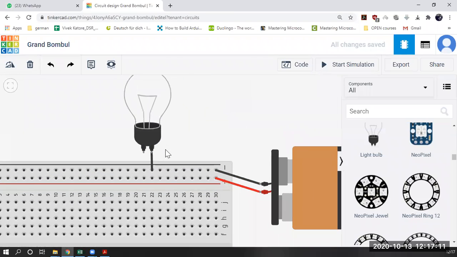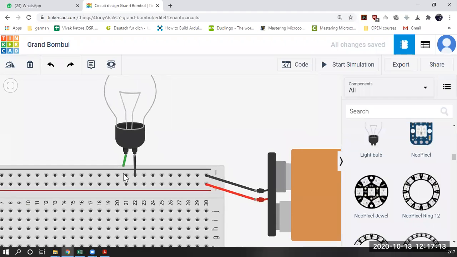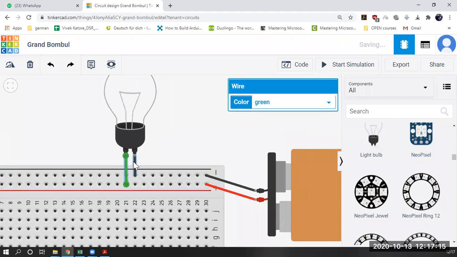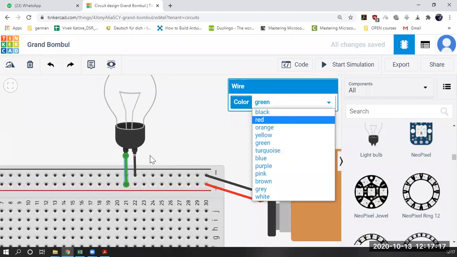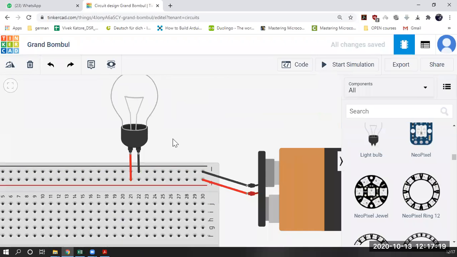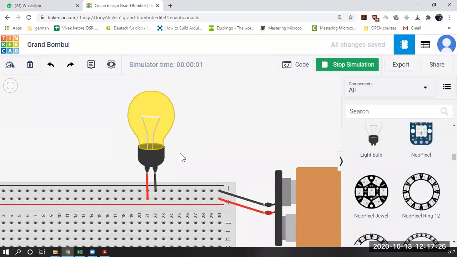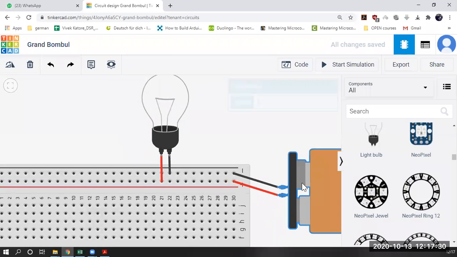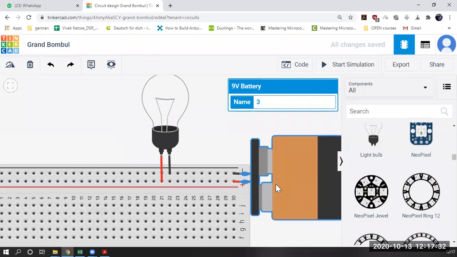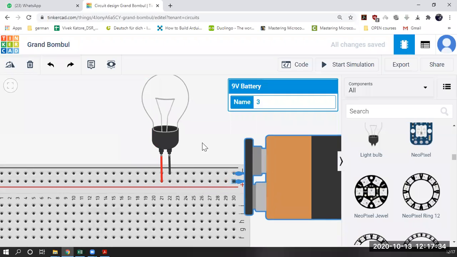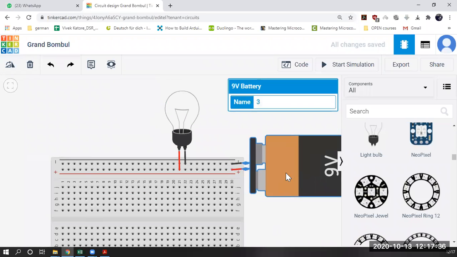Okay, and this I am connecting here, and so this will be the red part. Okay. So now if I turn on the simulation, now you can see it's turned on, right? Simple. So this is how we can use a breadboard. But now this is a very simple circuit. This was a very simple circuit, right? It was quite a simple circuit.